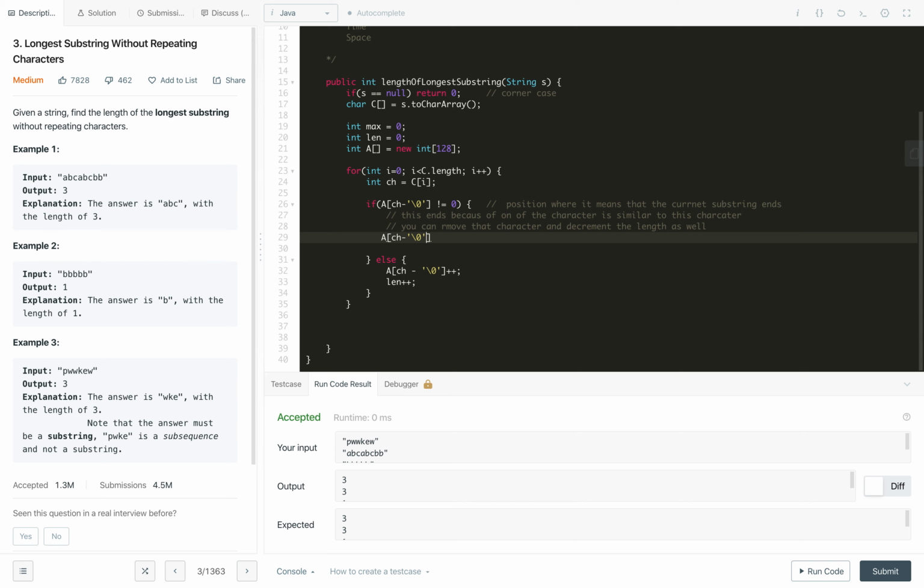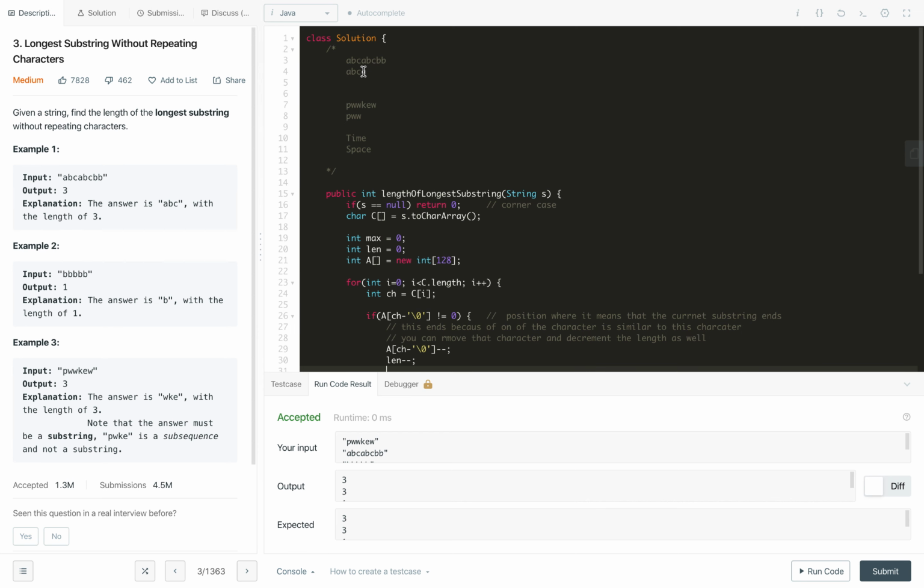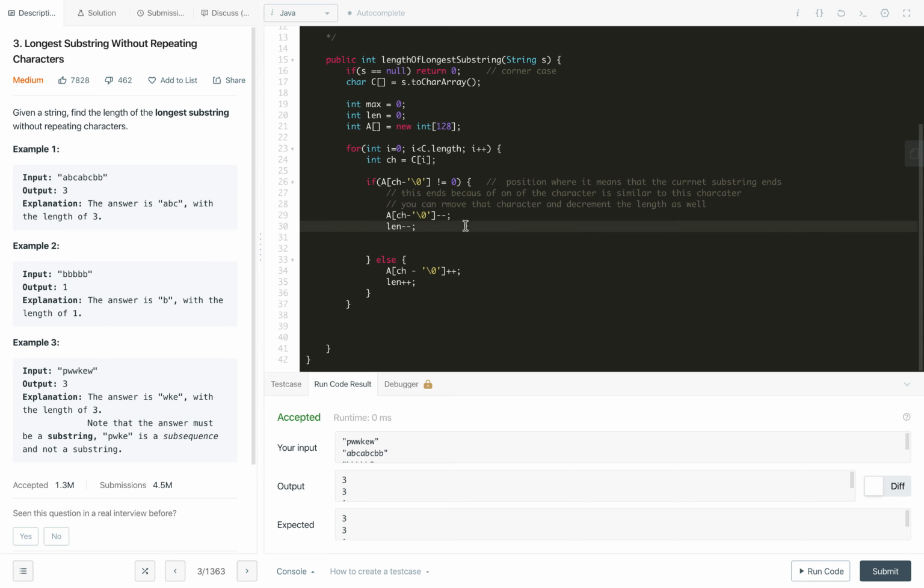Okay, the frequency of this character, we can remove this character ch and this minus. Now this removes the frequency of this character. Okay, and then we also decrement the length, length minus. Okay, now this way we deleted that character from the current list. So now in the case of ABC, we did not pick the last A and we remove this A. Okay, but before doing that we need to check